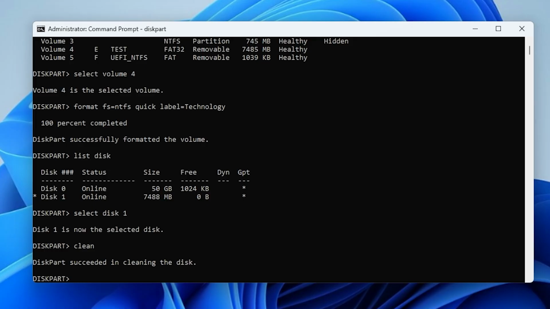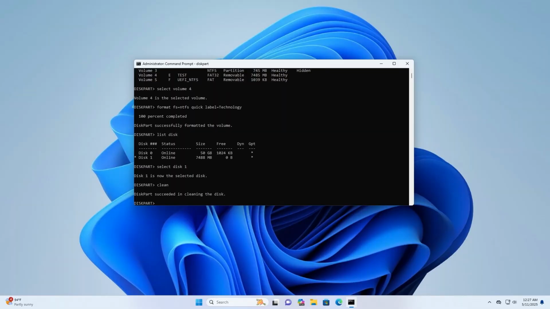So that's how you safely delete or format a partition using CMD on Windows 11. This method is especially helpful when you want to clean up your hard drive or prepare it for a new OS